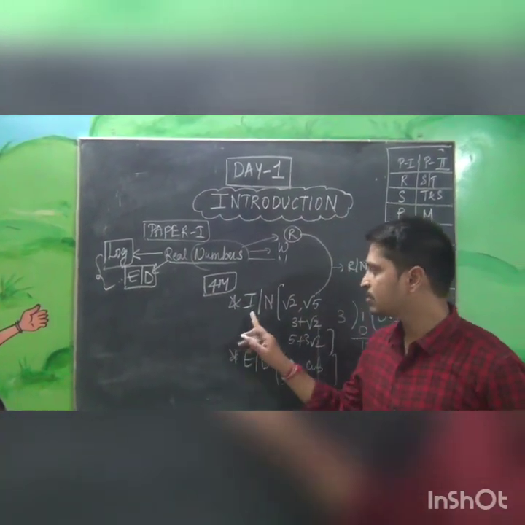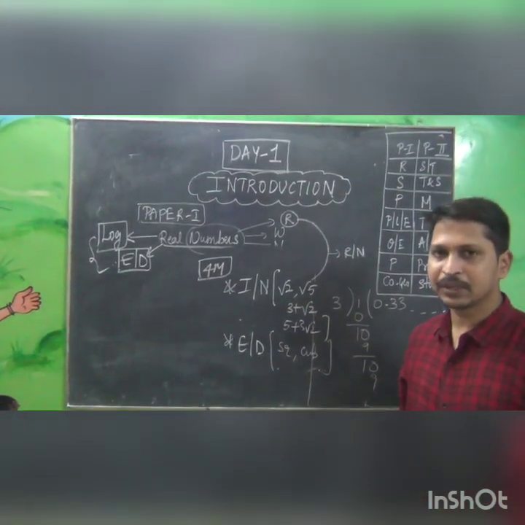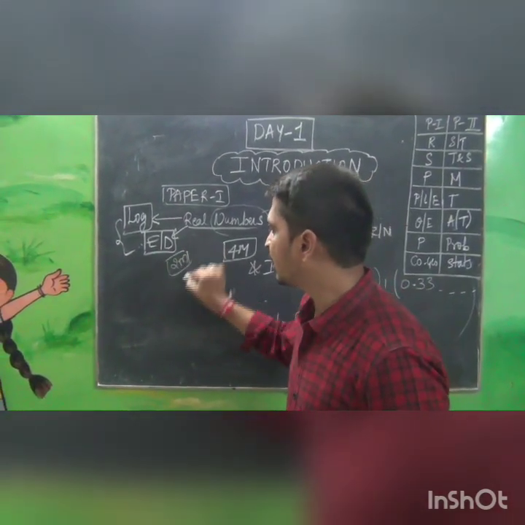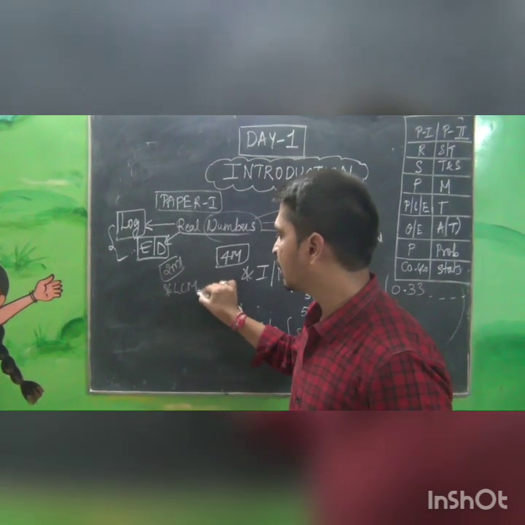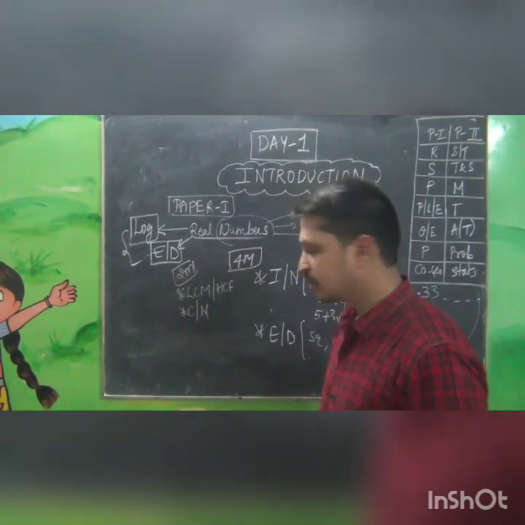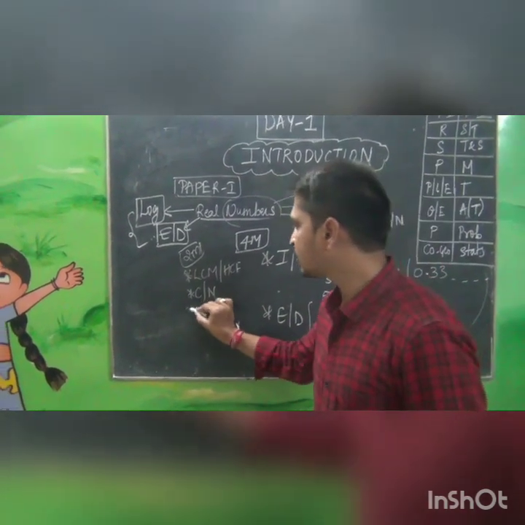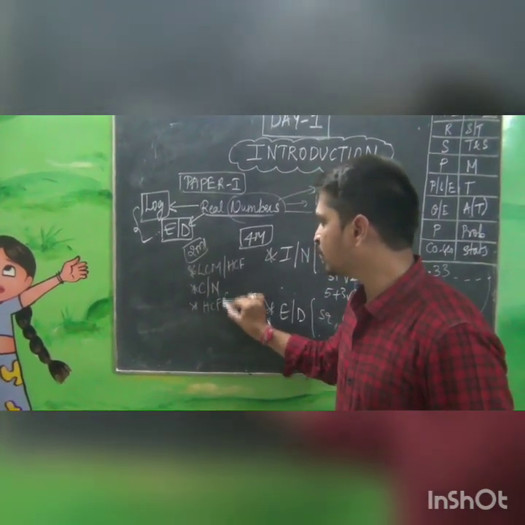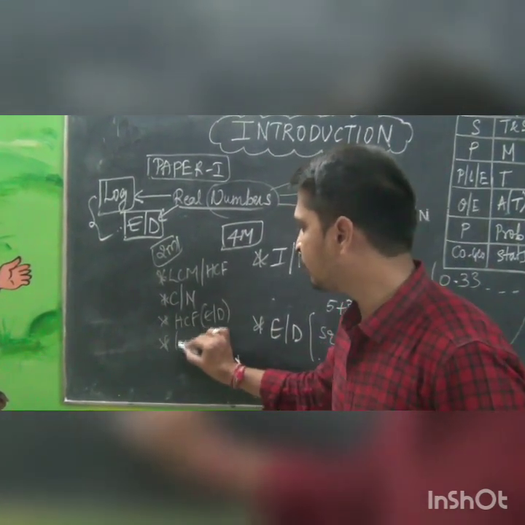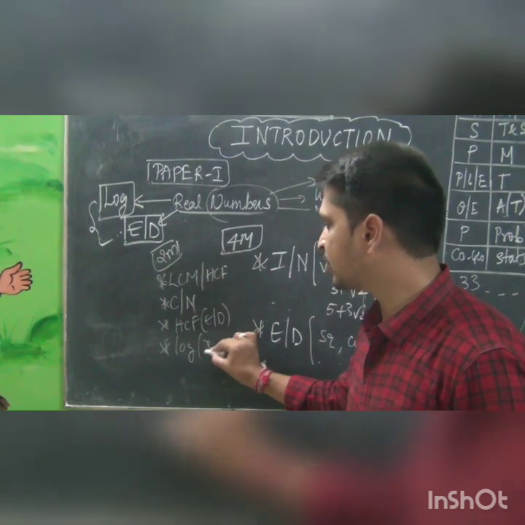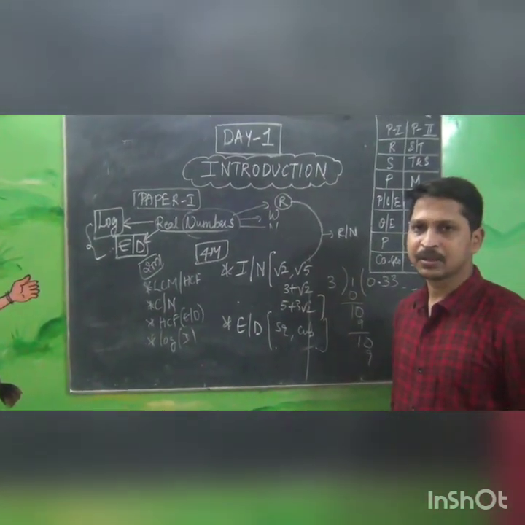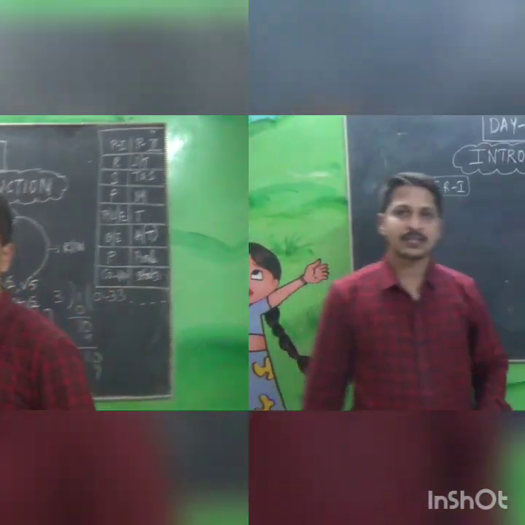Important questions: irrational numbers, along with Euclid division, and a few 2 marks questions like LCM, HCF and composite numbers. Next, also HCF by the Euclid division method. And for logarithms we have a few basics, an introduction part. So these all come under real numbers. And we have discussed the real numbers.